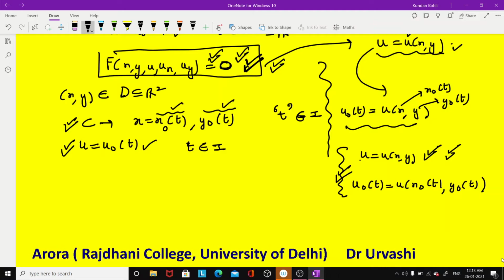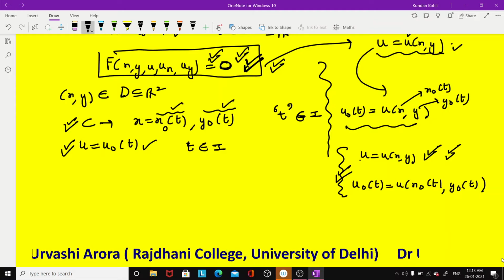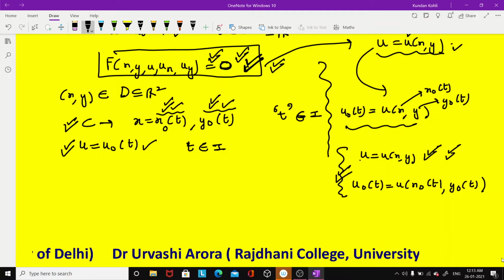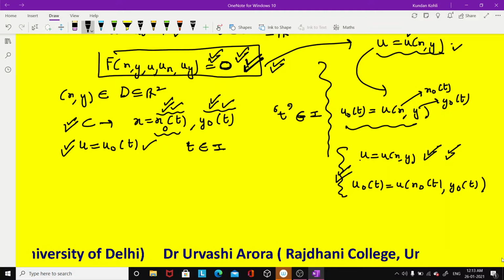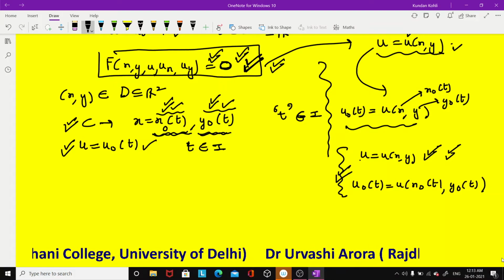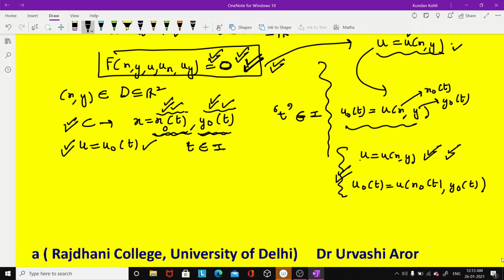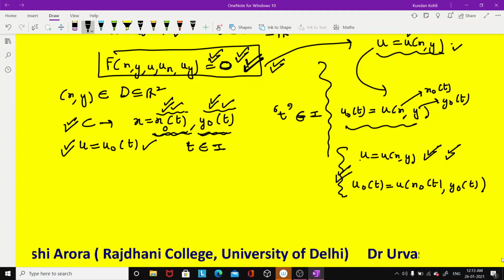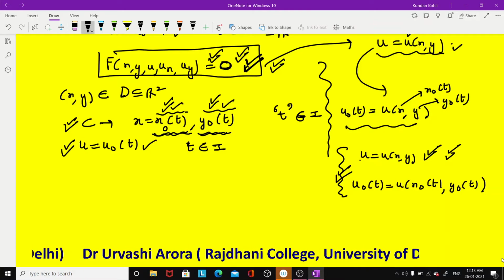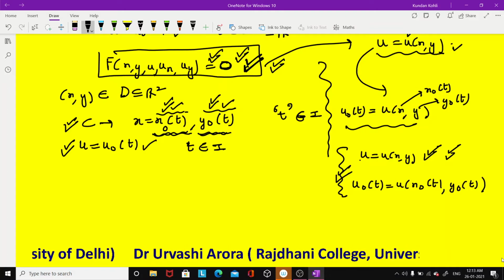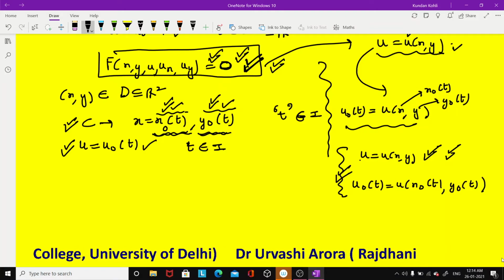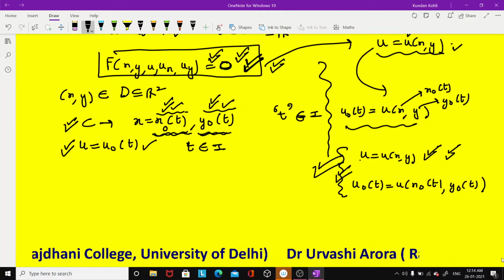And with the assumptions that we made in the beginning regarding these functions, I told you we are making certain assumptions that they are differentiable, they are piecewise continuous, and x naught dash square plus y naught dash square is non-zero. So these assumptions were made in the beginning. These assumptions made in the whole problem assure that the Cauchy problem will always have a solution, or the Cauchy solution will always exist. So we will always be able to find such a solution.